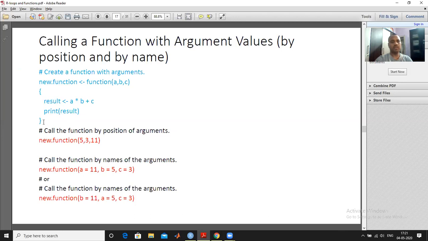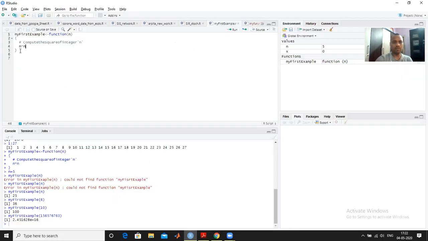So this is a function which computes a into b plus c, where a, b, c are three numbers. So if I copy this, Control C, and paste it here,